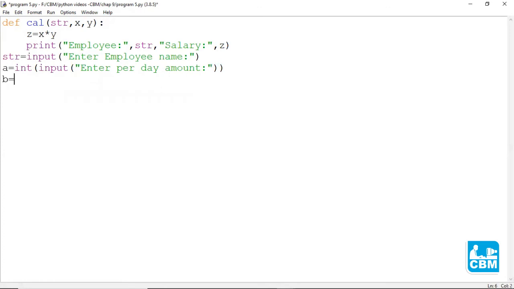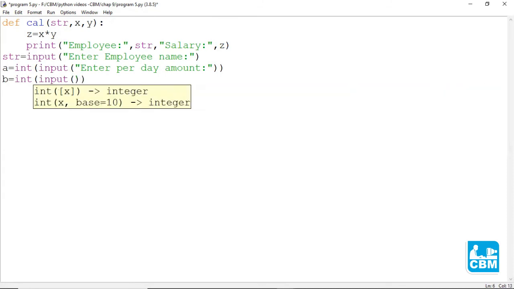Similarly, B is equal to int input, "enter number of days present".